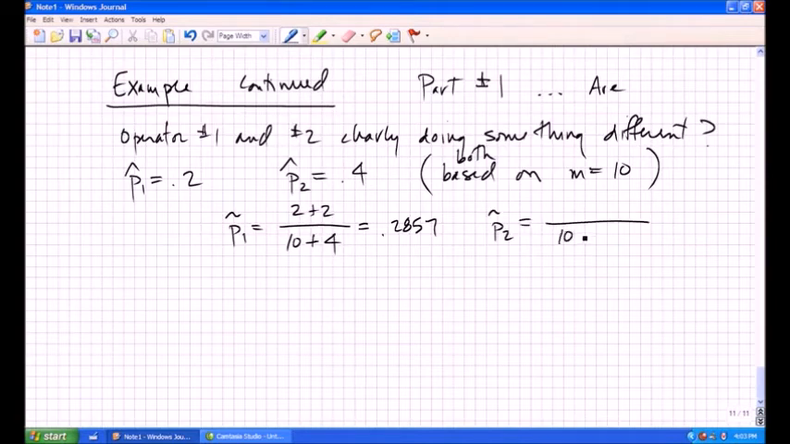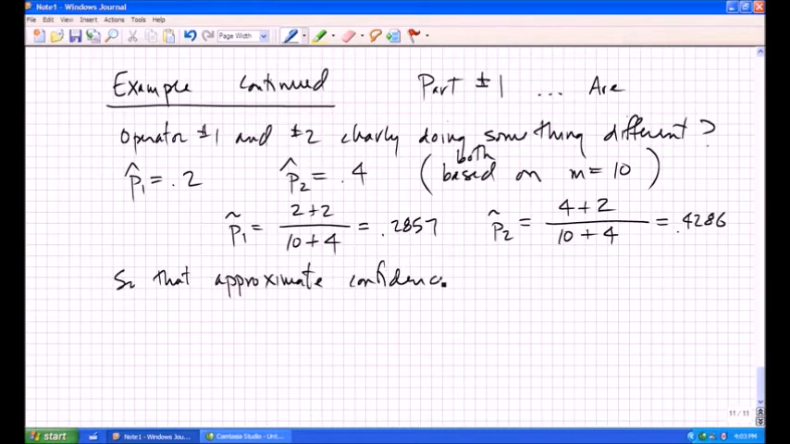Whereas if I take 10 inspections and add 4, and 4 non-conforming calls, I add a fictitious 2. This turns out to be 0.4286 as a fraction, and that gives me approximate confidence limits then for the difference in P1 and P2